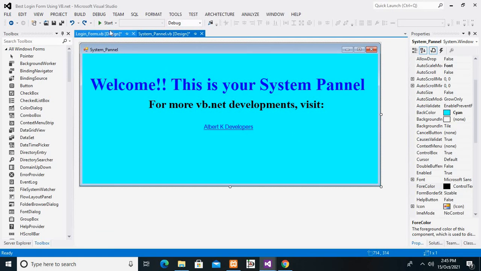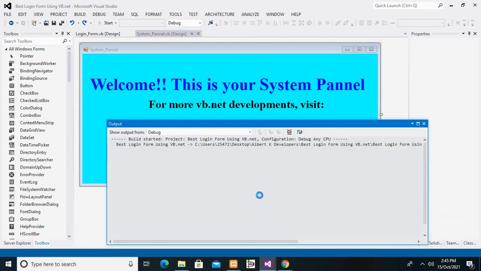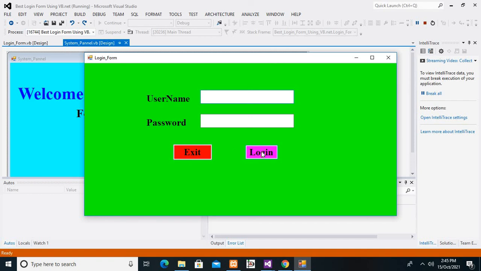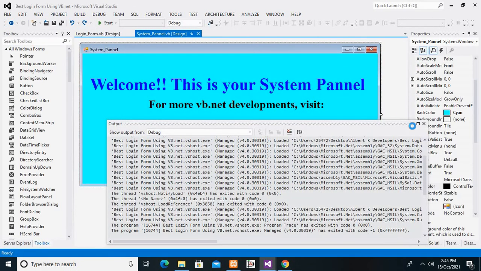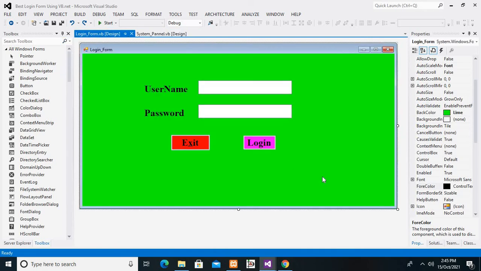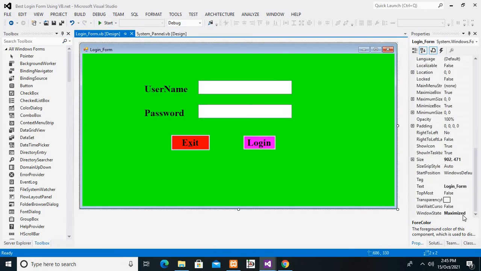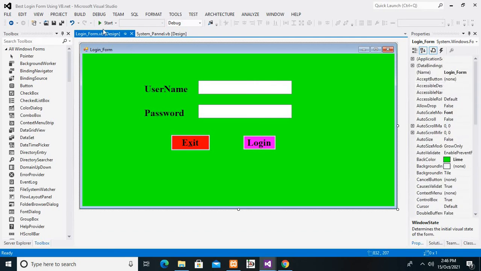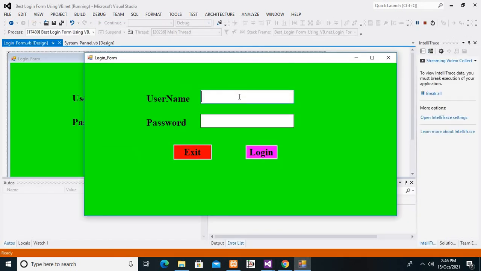Let's just go with blue. So on running it, sorry, it has not yet made the changes. This one I need it to be maximized. Yes, it's now maximized. So on running it, yes, admin, 1234,